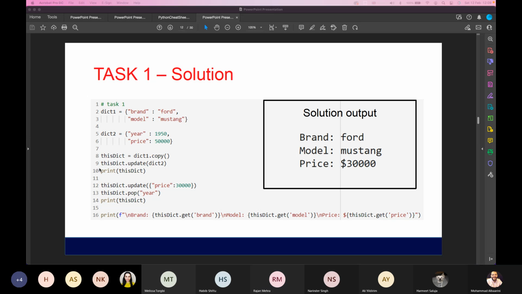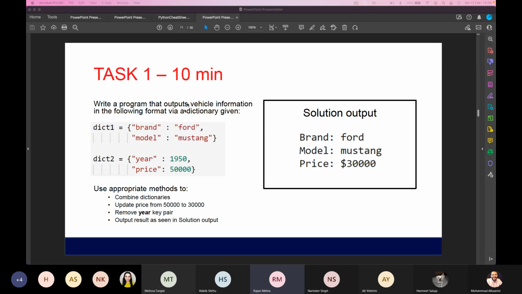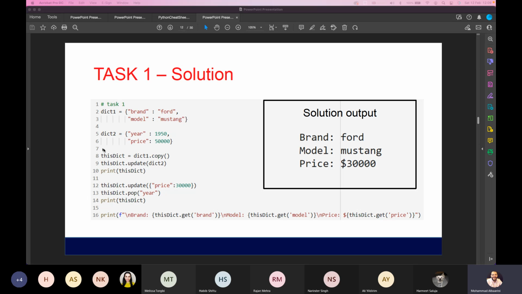So you're defining a copy here. One of the requirements here is telling you, this is one of the tasks, to combine dictionaries. Both of these have to become one dictionary. How to do that? One of the ways is